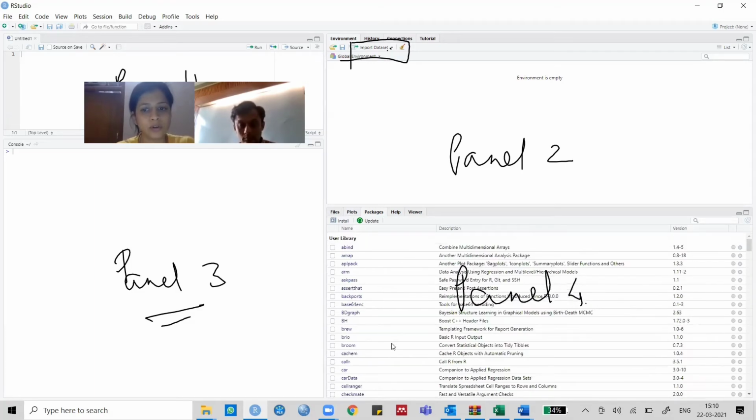If we want to look for any package, we can simply write it here. Once we write it, we press enter, or by default it will come. If this is enabled, that means that package is in your library, and if this is not enabled, you have to require that package. For example, if you write ABC package there and nothing comes up, no results found, that means that particular package is not installed in your system. This is clear? Yes. Okay.